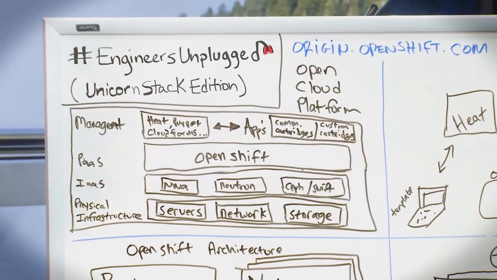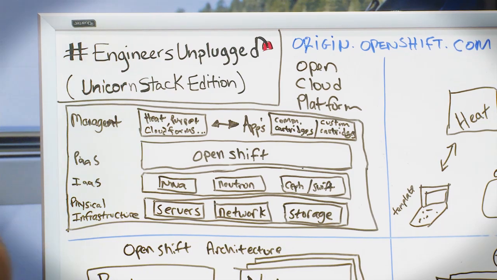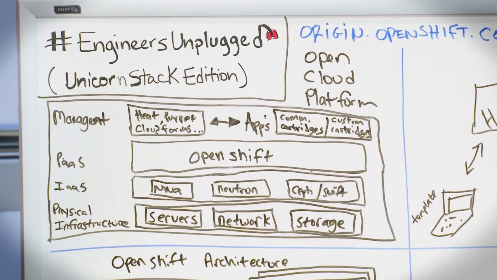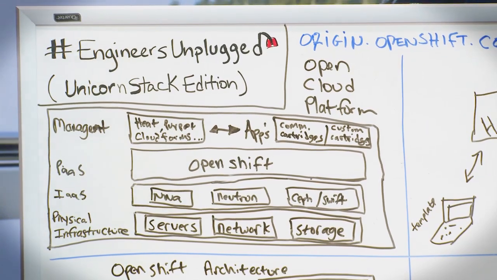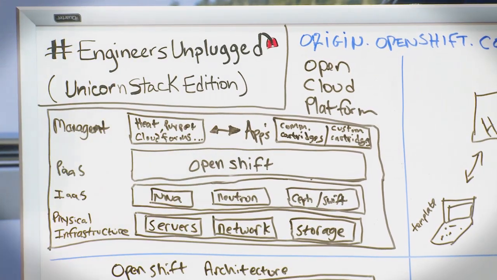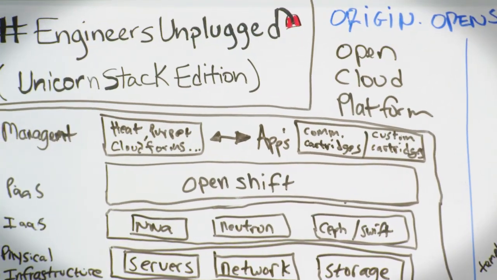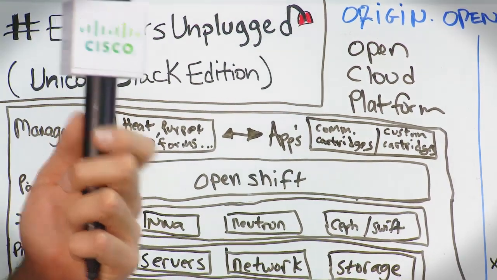The next layer, platform as a service, this is where the highlight of our conversation is, and at the heart of it is OpenShift, and we'll get into that in more detail. And then of course we need to be able to manage the environment, monitor the environment, and really manage it from an entire life cycle standpoint. So we need to be able to support management, and then this is all great, but if we can't deploy and again manage applications and those applications don't run well in the environment, then what is the rest of it really useful for, right? Infrastructure without platform as a service is really not very useful.